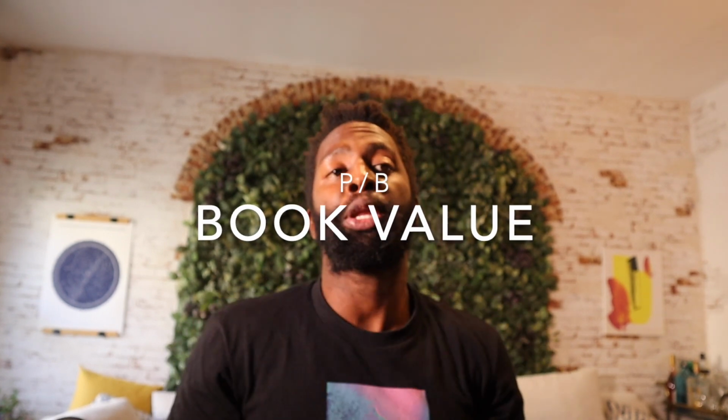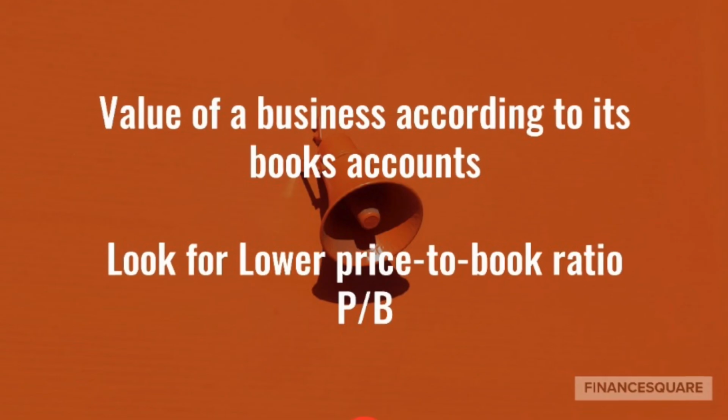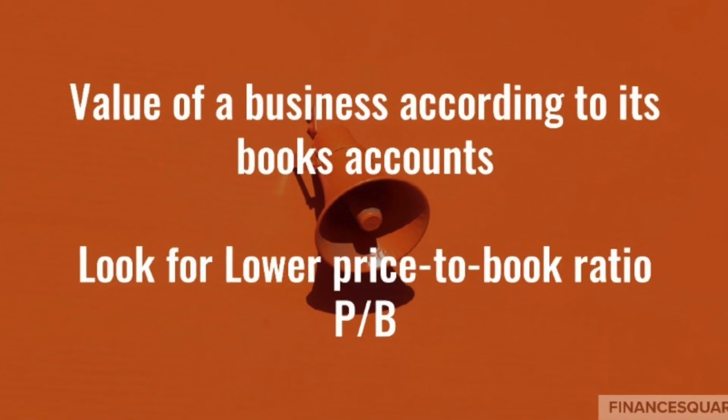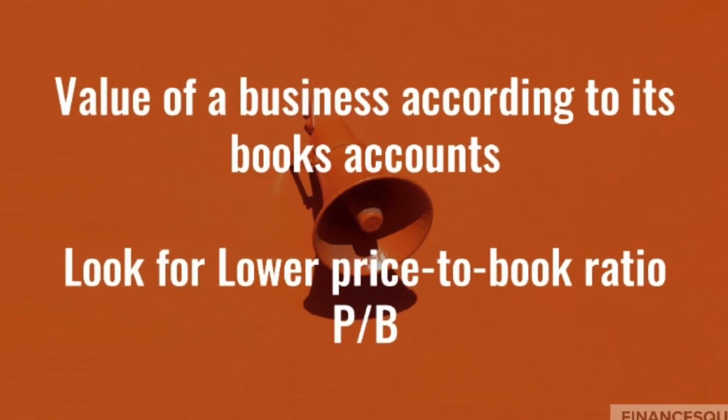The fifth method that I'm going to look at is the book value. The book value, in simple terms, is basically looking at a company's liabilities and assets. The lower the liability is, the more positive and attractive the company and the share will be for an investor. So what are the investors looking at? They're looking for